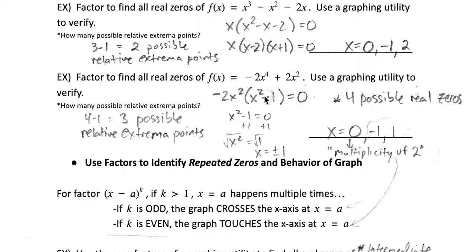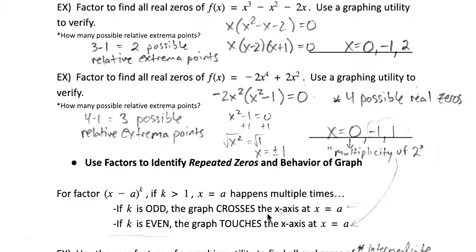For our other factor pair, we have x squared minus 1. That's just being raised to the first power, so that's just a multiplicity of 1, whatever those zeros are. There's actually 2 zeros in here because we have a quadratic. We add 1 to both sides and square root both sides to solve. And whenever we square root a quadratic equation to solve it, we always get 2 possible solutions, a positive and a negative solution. So we have our zeros occurring at -1 and at 1, each with a multiplicity of 1,